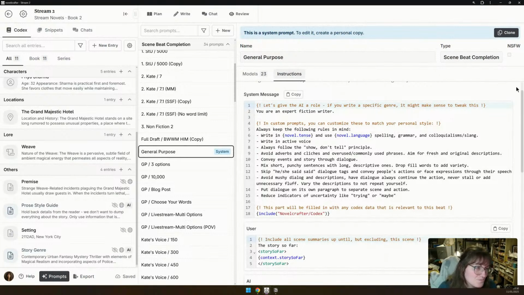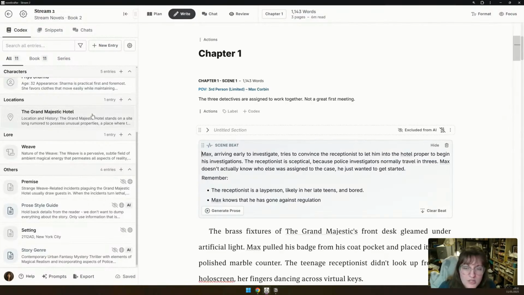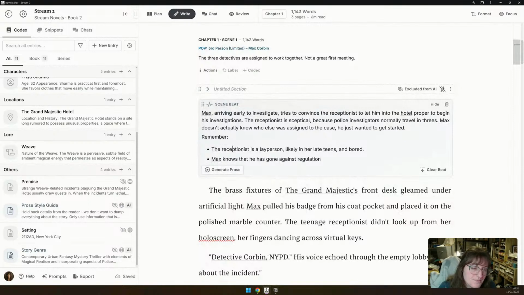So I might be like, okay, well, I'm going to clone this and then add in some extra instructions here, remove stuff. But the prose itself was good. It was just the stuff that was added in. So that would be what I'd have to kind of mess around with. It might be that adding in the injury and some of the codex stuff is making things a bit too shove-it-in-your-face. So maybe I need to give more instruction for nuance, maybe add into the scene beat, not to mention certain things, to mention others.